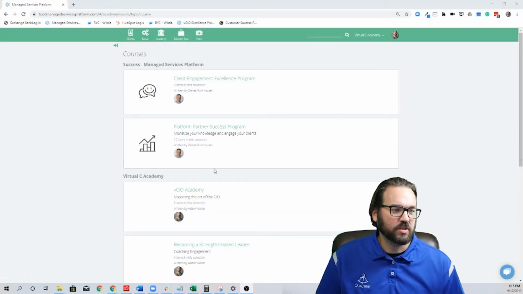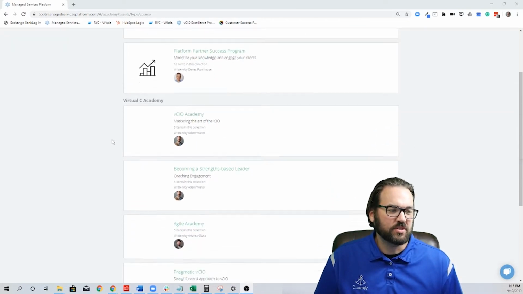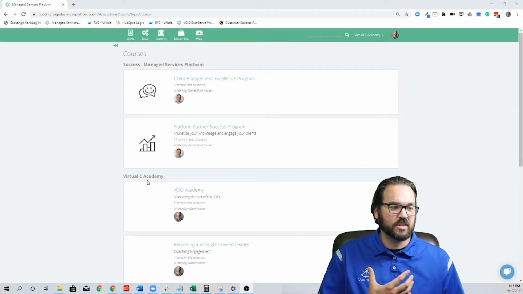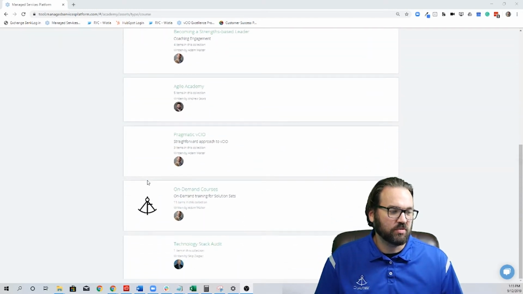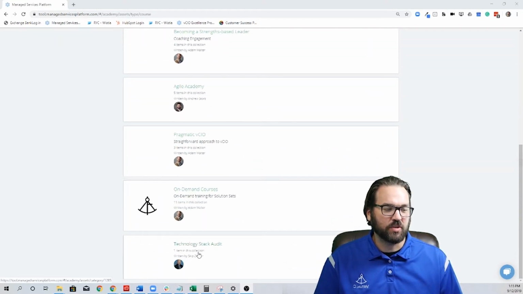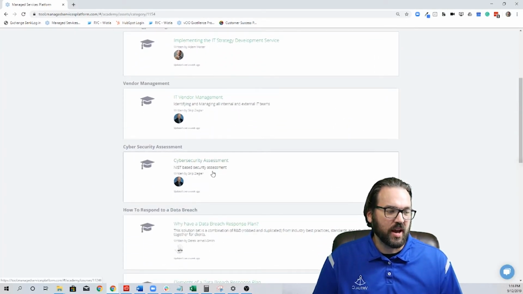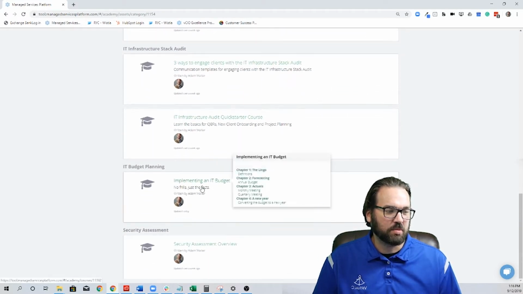In your portal, you'll see that you have an Academy section. You're going to want to go over to that. You'll scroll down and you'll see, for me, it's a little different because as the vendor, I get to see my Virtual C Academy. And as you scroll, you'll find different courses that are available. For you, it's under on-demand courses. There's an entire section on it. So click on on-demand courses and then come down a little bit and you'll see the budget planning tool,